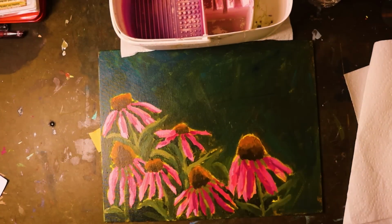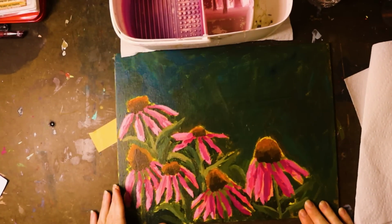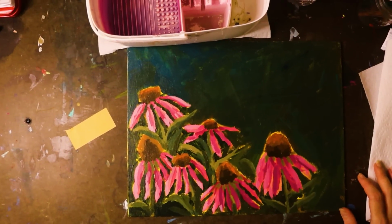So I'm looking at this, and like I said, I do like the looseness of it. I guess the further away from the light, the better. Maybe I can just...